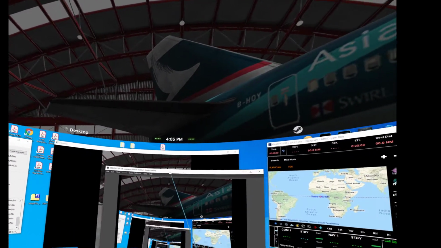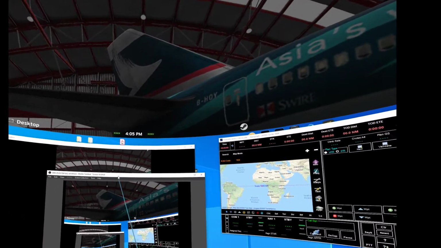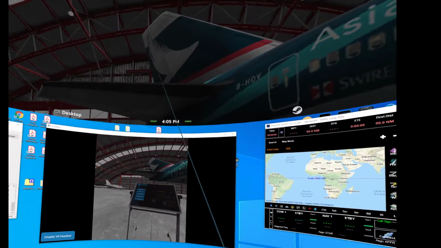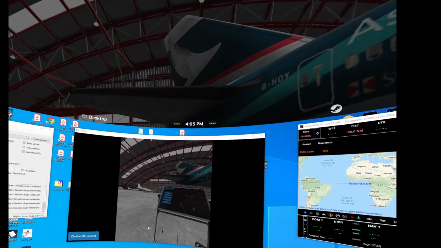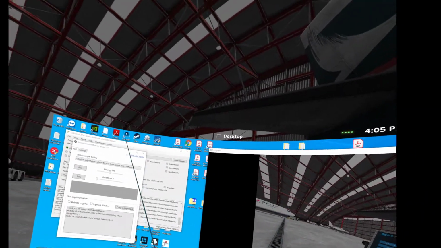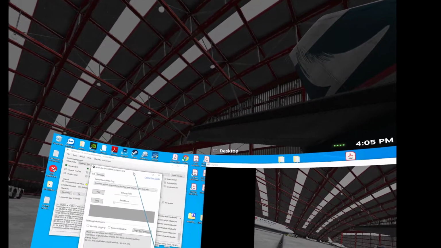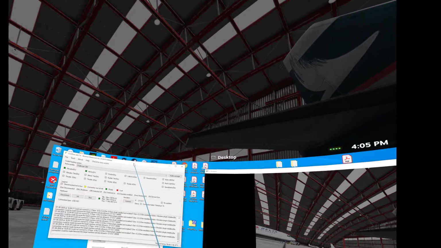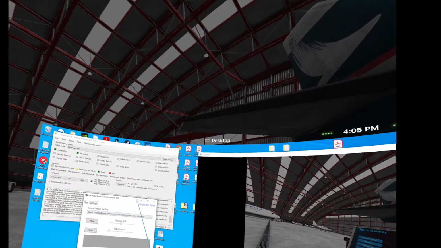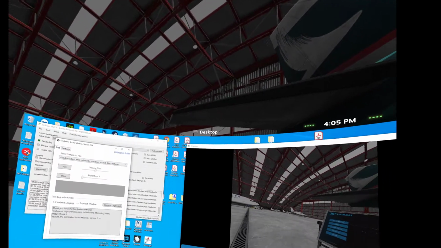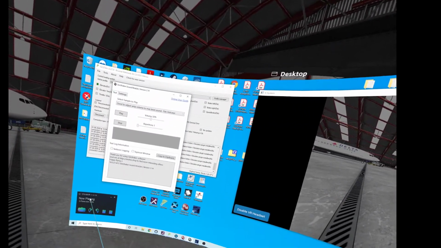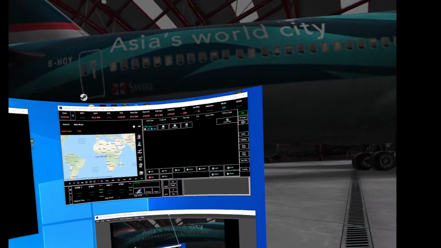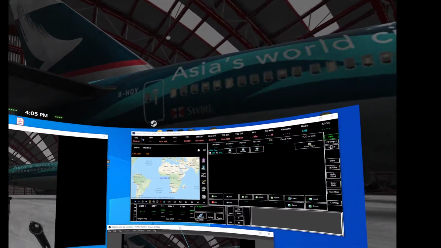This is the OBS capture window. It's capturing everything I see in VR from my right eye. This is the simulator up and running. This is the Sim Shaker butt kicker software. This is the Brunner software for running the force feedback yoke, and this is the Steam virtual reality software. So this is everything I have up and running